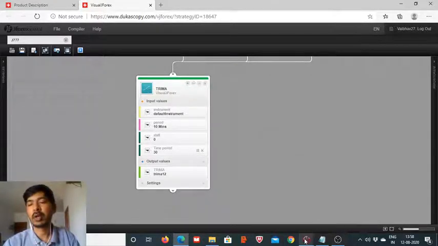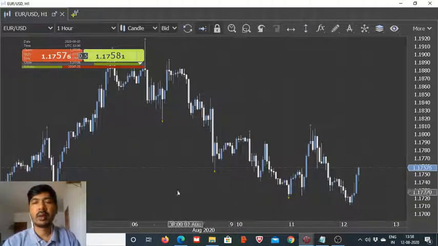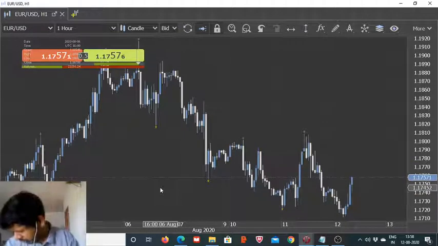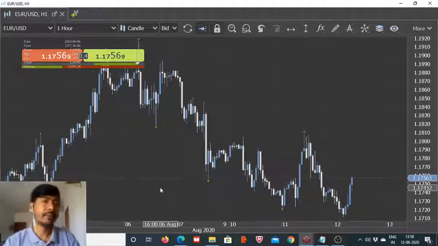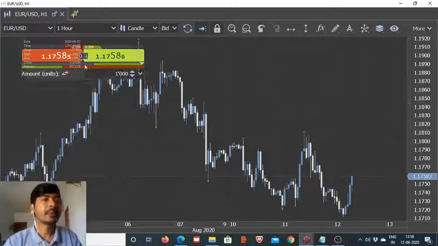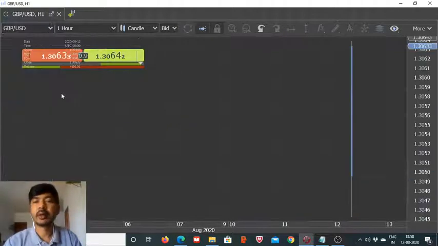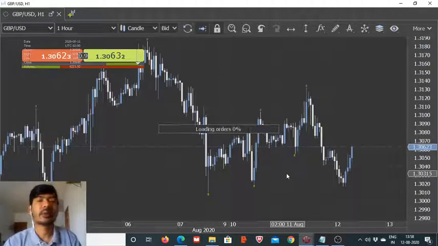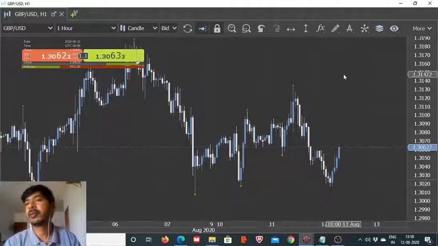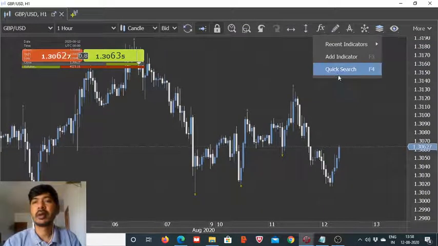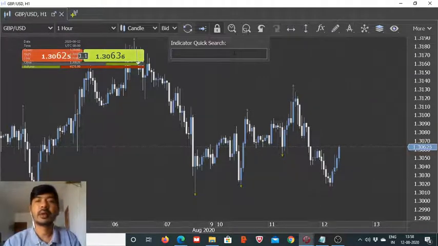So here we plot it on the chart, and let us change the default instrument, the charting instrument as well. To add this particular indicator to the chart, you have to simply do the quick search, and here it comes,